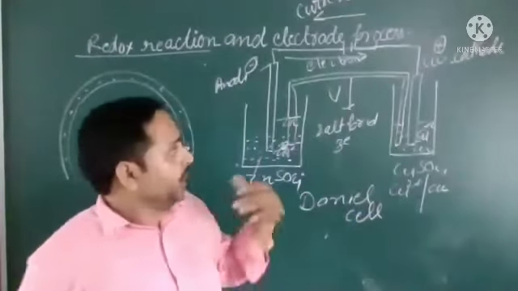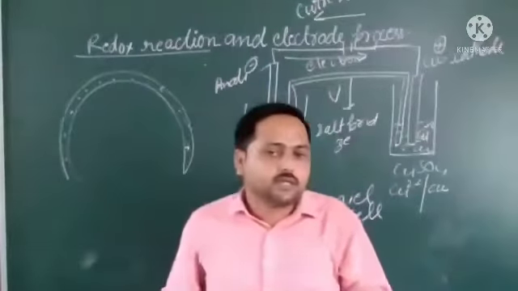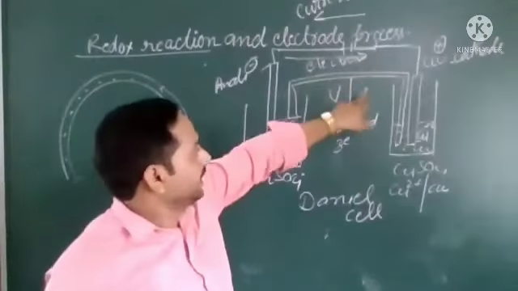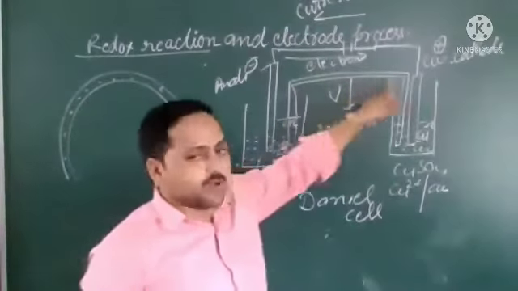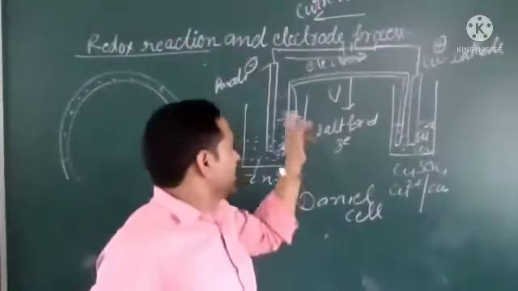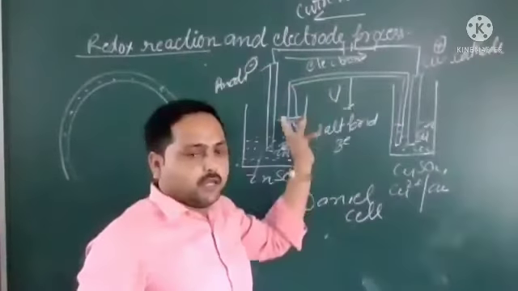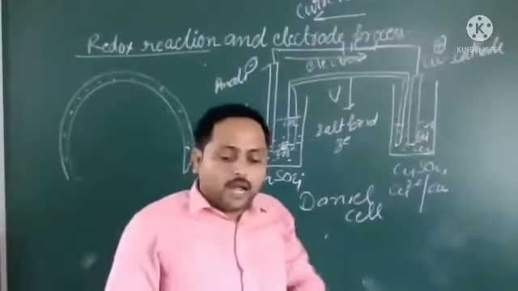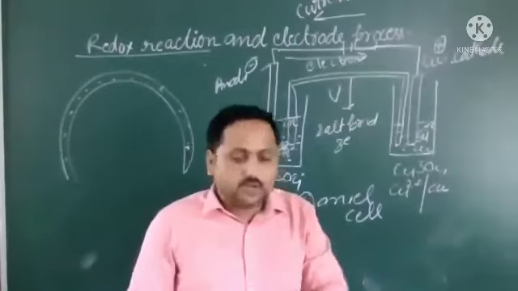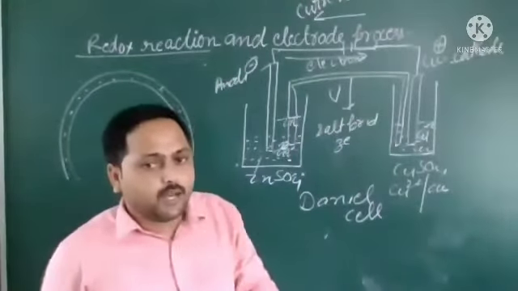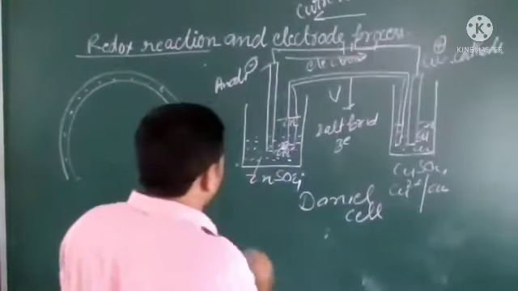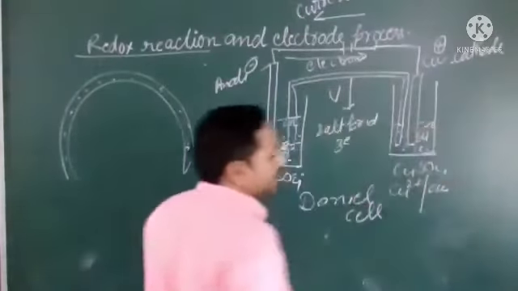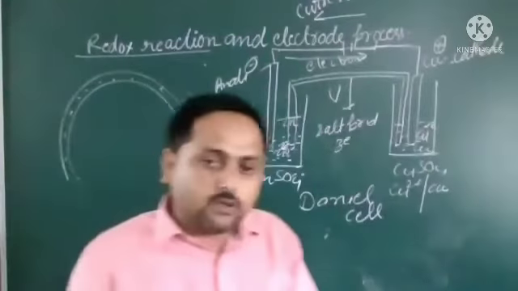When we put the switch on, we can't see electrons flowing directly like that. Electrons are flowing through this pipe, which is what we have seen here. It will transfer electrons from one cell to another cell. For this, one thing we have to remember: if both half cells have electric potential, current will flow.